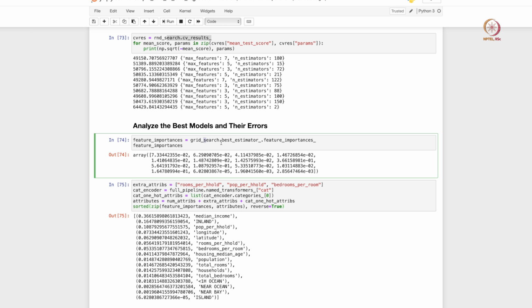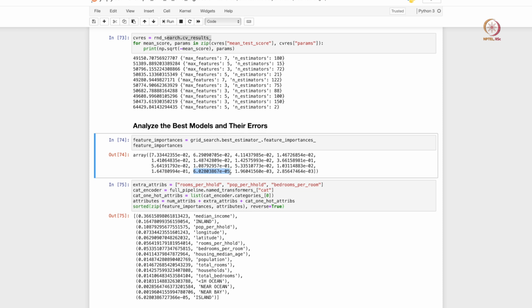So we take the best model from our grid search, not the randomized search, from the grid search, and then we also look at feature importances, so how much each feature that we supply to our model is contributing to our final predictions, right. So this is one exercise that we can use to identify some important features. So for instance this feature here is more important than this feature here, right. Of course I have not labeled the features here, but these should correspond to the same column headings that you have in your data frame. So you can identify which feature is more important, which feature is less important to your model's predictions.